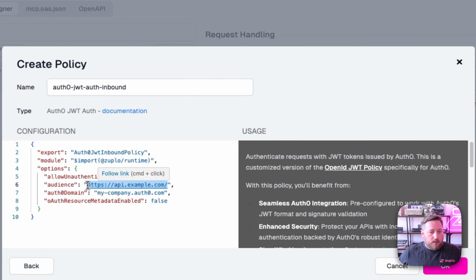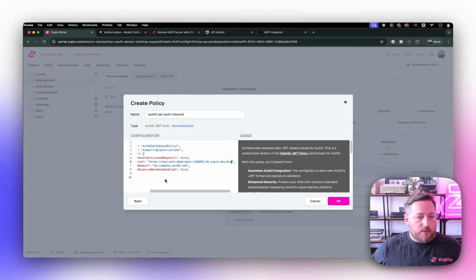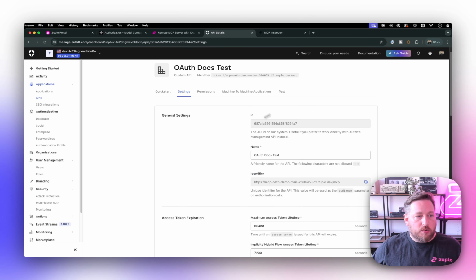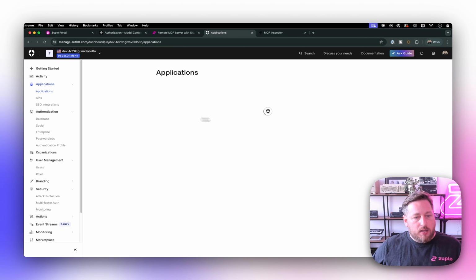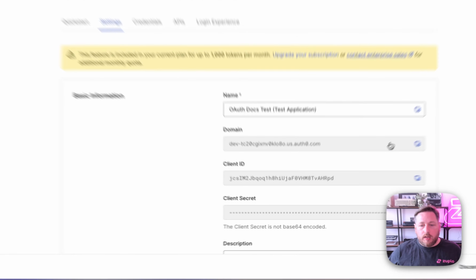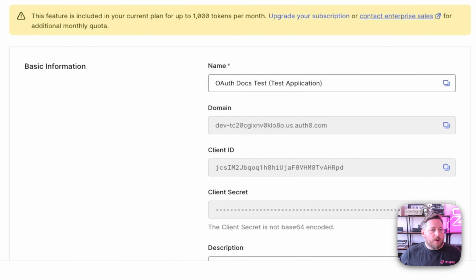So we will take this and paste it in here, and then the domain is the next thing that I'm going to need, and I can get that from my application, and it's this right here. So if I grab the domain,